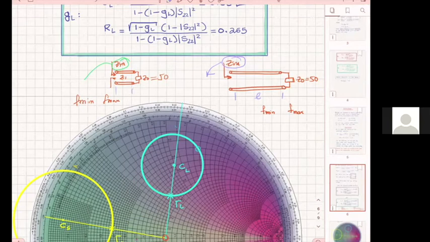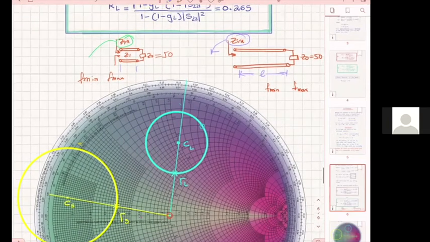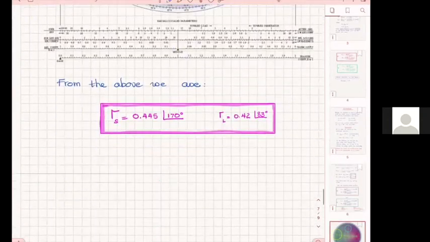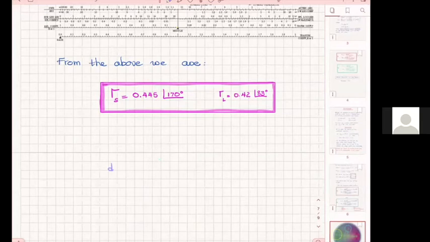All right, so I'll tell you, and I will explain to you why that is. So here is the issue. I'm trying to explain to you why these two lengths, each one of them, the small one, let's call this D, is gonna lead to a much smaller change for Z in than the large one, L, that is gonna lead to a much bigger change for Z in versus frequency. And why is that? Let's think about it. It's simple. If I have D, which is small, and L, which is large, usually I express them in wavelengths,